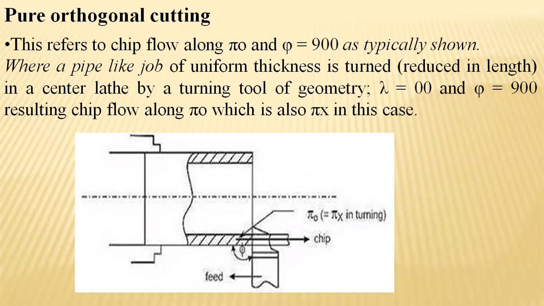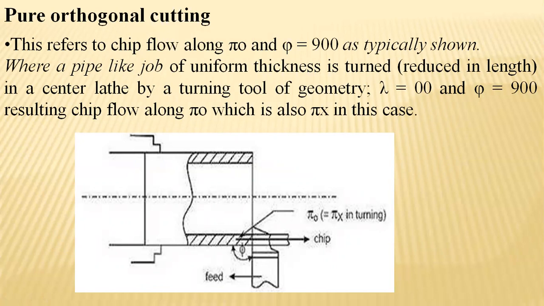So we have already discussed that with reference to the chip flow along the pipe, which has been specified clearly in the diagram here, it's the pipe, by maintaining a perfect inclination of 90 degrees relates to pure orthogonal cutting. It is 90 degrees, not 900 degrees. That's an entry mistake, which has been shown below. Here a pipe-like job having uniform thickness is turned,